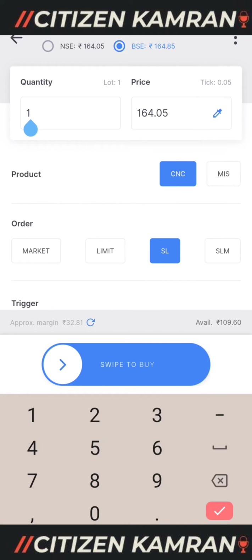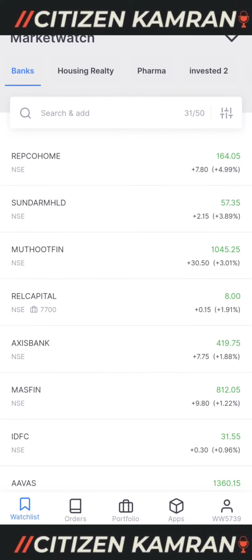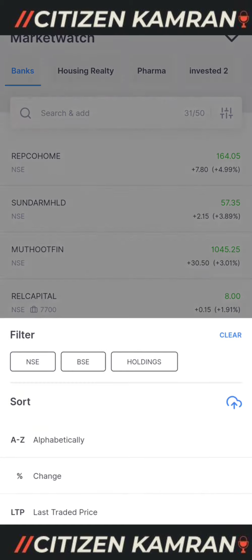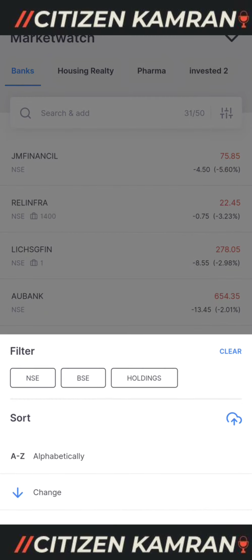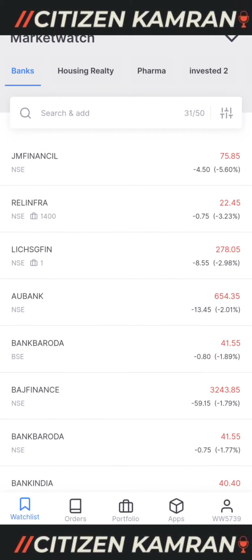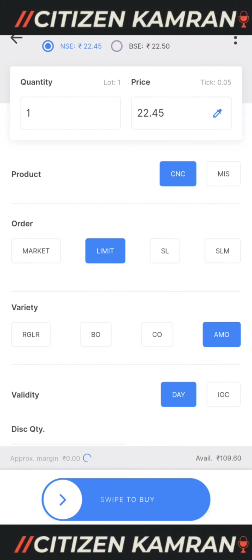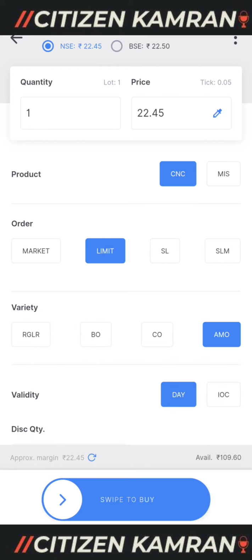Okay. So you can say 164 is the market price. You say you would pay. I don't have that much money, so I'll go for something which has lesser price, and I would do a percent change. And I see JM Financial, Reliance Infra. I see Reliance Infra is at low. So what I'll do is I'll say buy, and I put 22 rupees 45 paisa. I want one, but I put limit. Okay, so on top I see the